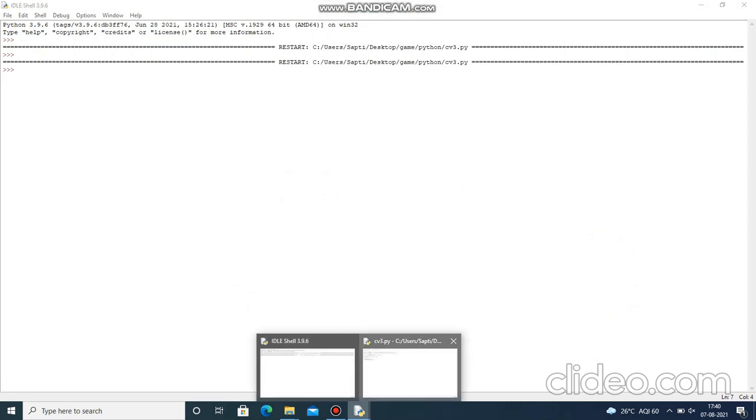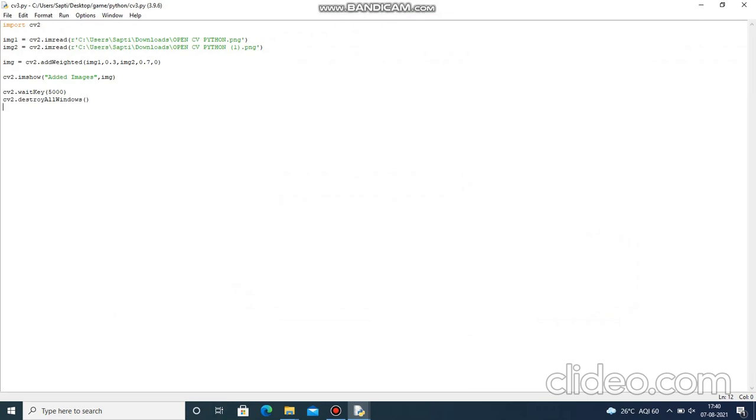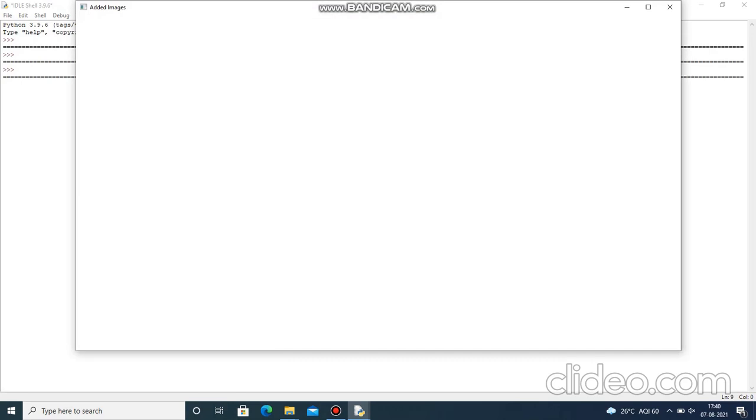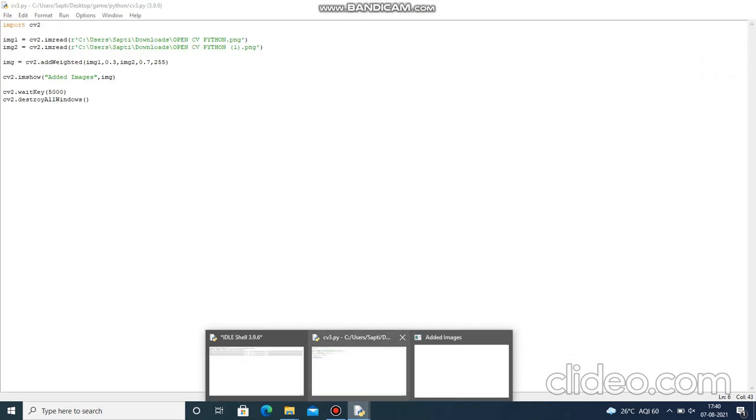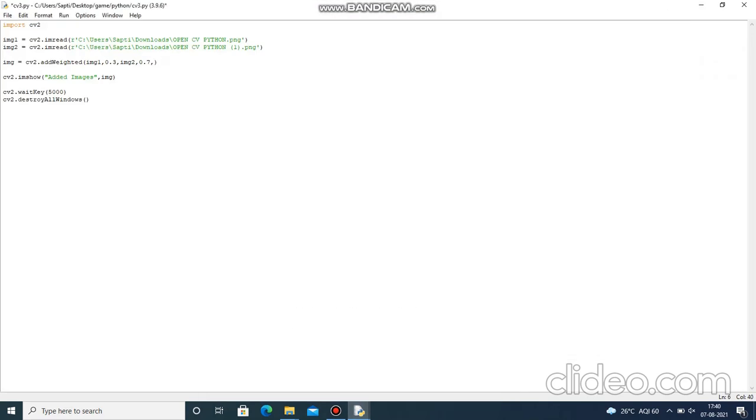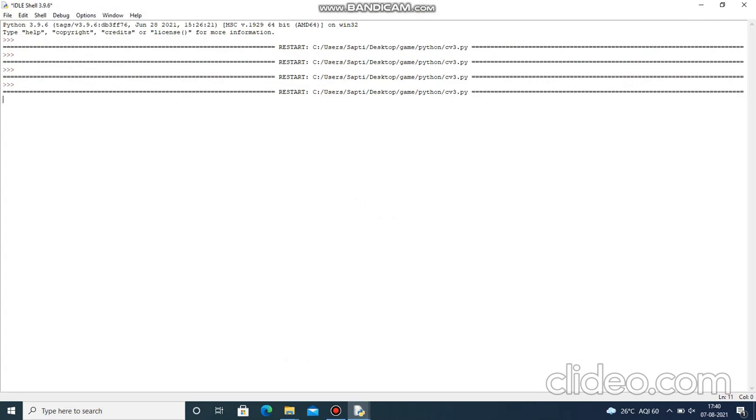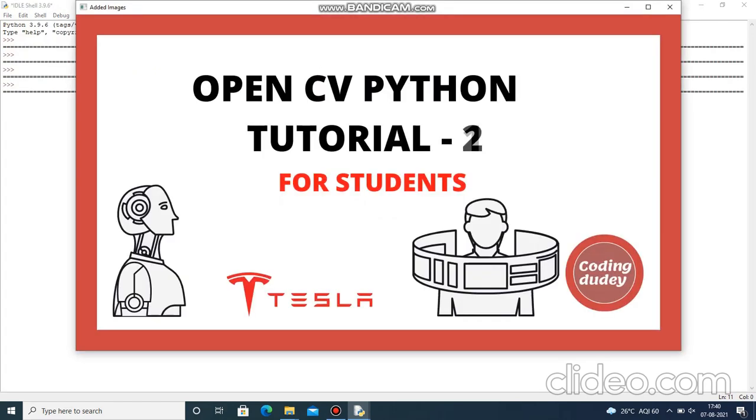This is how you add. Suppose we give the measurement of light as 255. Let's see, it will be white because it is completely light. Because I want the light to be 0, I can give 0. So there is no measurement of light in this program.